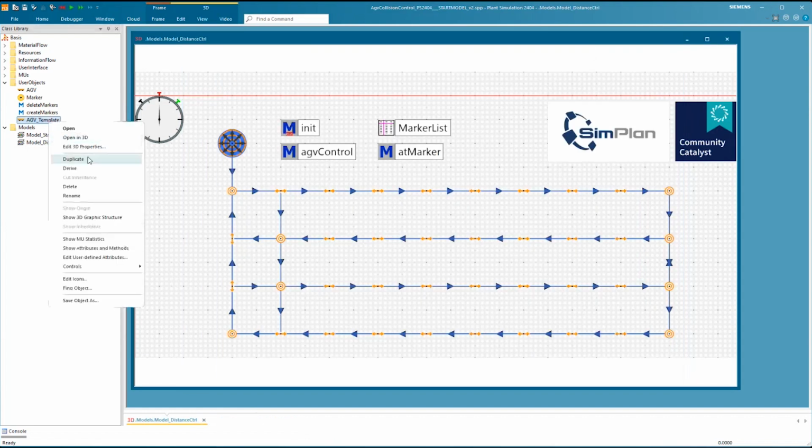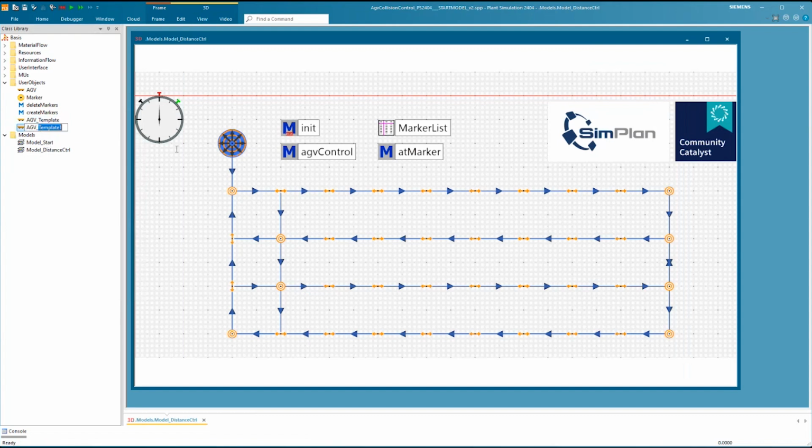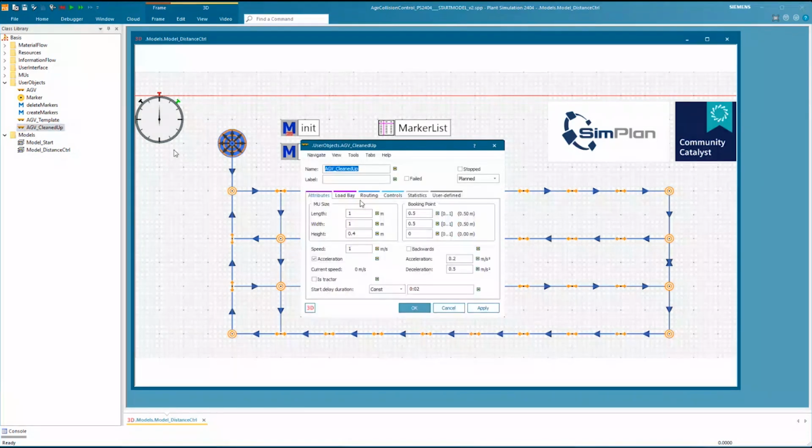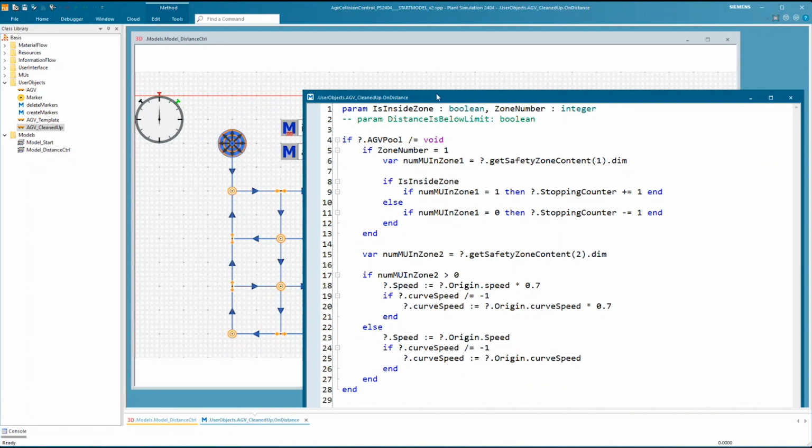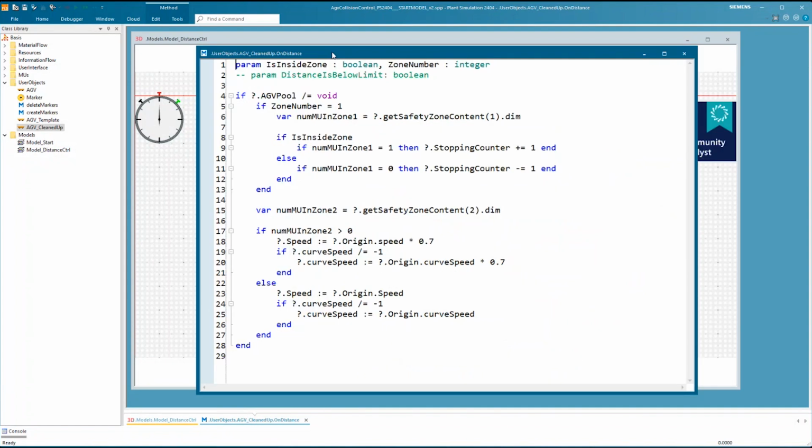I will duplicate this again and call it clean up or something. Go here and go into this method and remove some parts that are not relevant for this kind of model that we are using here. So first you see that you have two different sets of parameters for this method, or arguments.